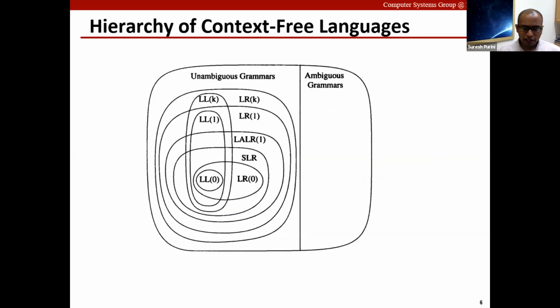An important thing here is, be it LRK or LLK, all of them correspond to unambiguous grammars. So if you start with an ambiguous grammar, then it is neither LRK parsable nor LLK parsable. But the interesting thing is, as we have seen in the case of LL1 parsers, when there is an ambiguity, there are two ways of resolving it.